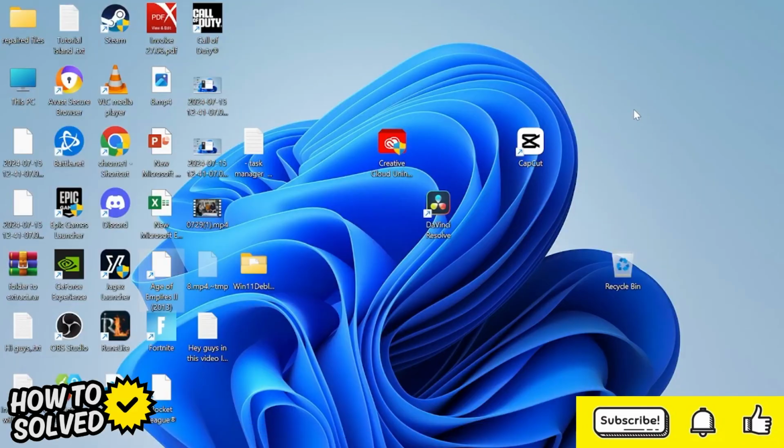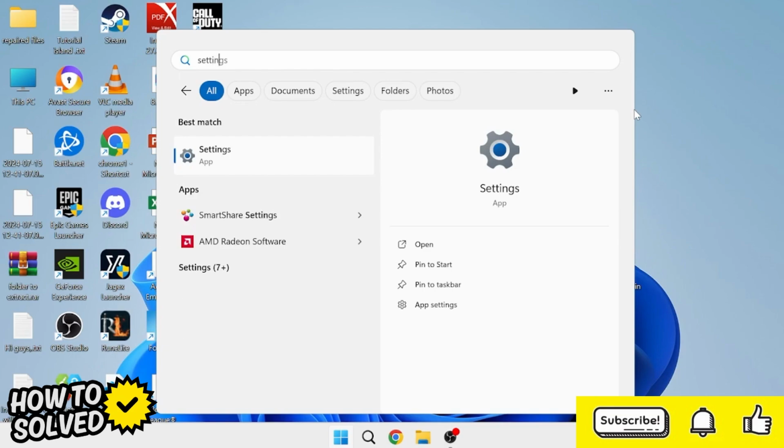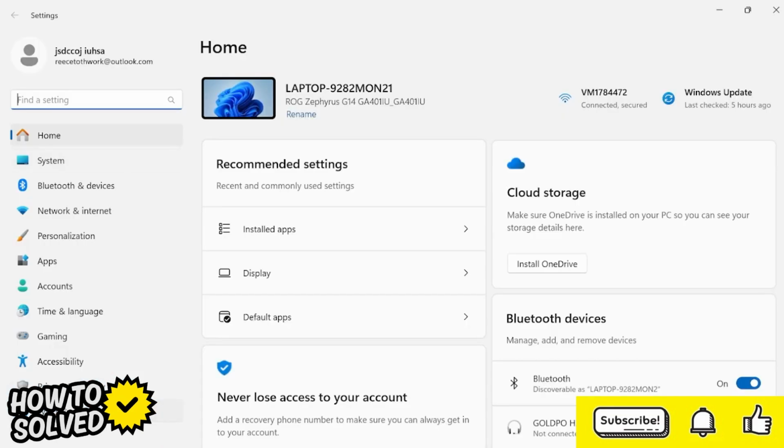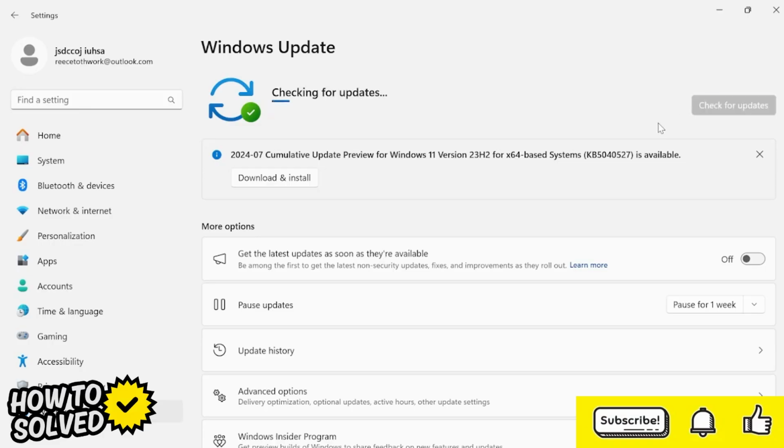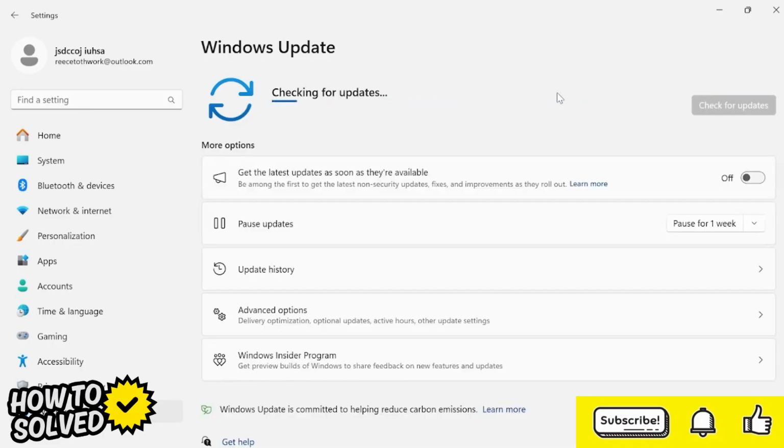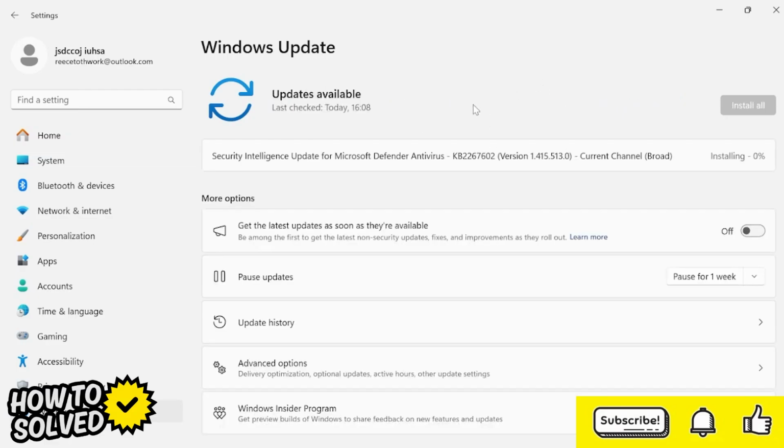If that's still not working, the very last thing we can do is head over to your Start menu and search for Settings, and then head over to the Settings window. We can start by coming down to Windows Update here and pressing this Check for Updates button to ensure we are running the latest version of Windows, as sometimes new software can contain important fixes for our applications. If you're fully up to date here and that's still not fixed yet,